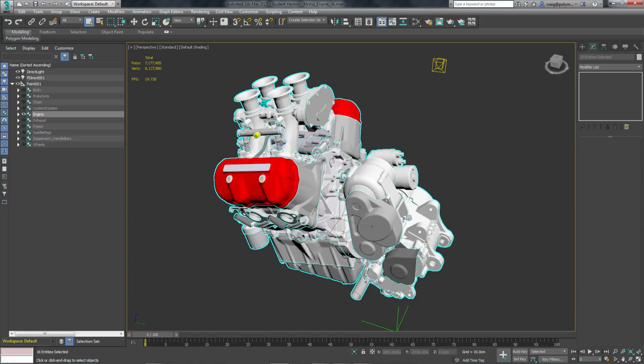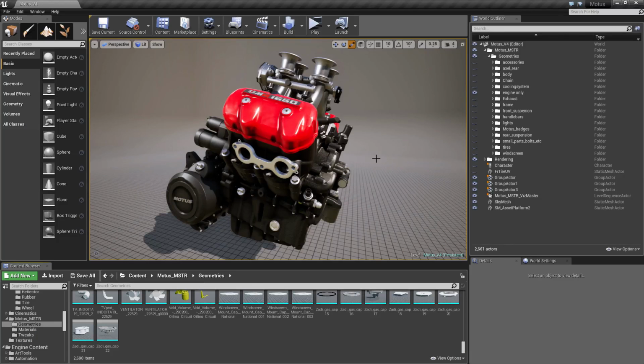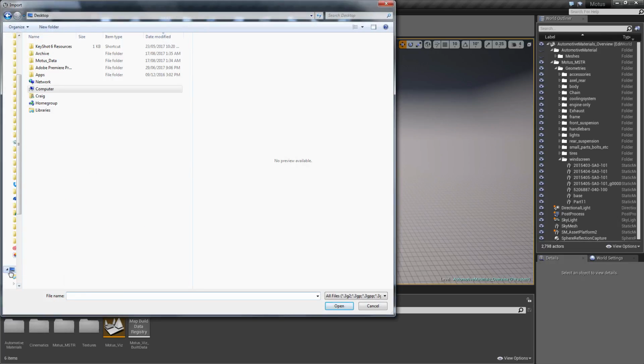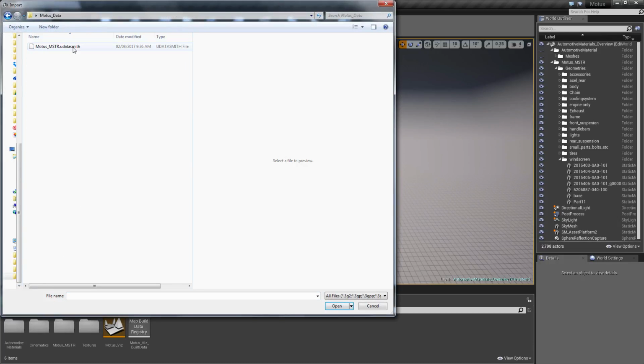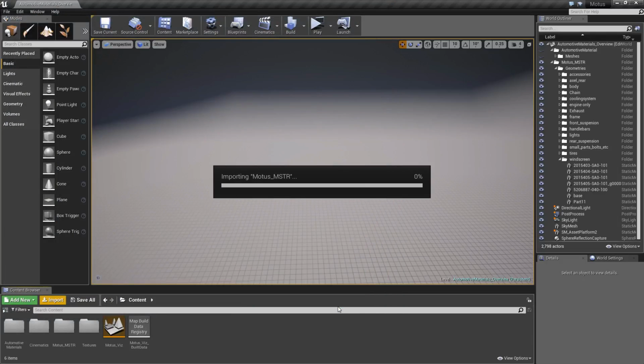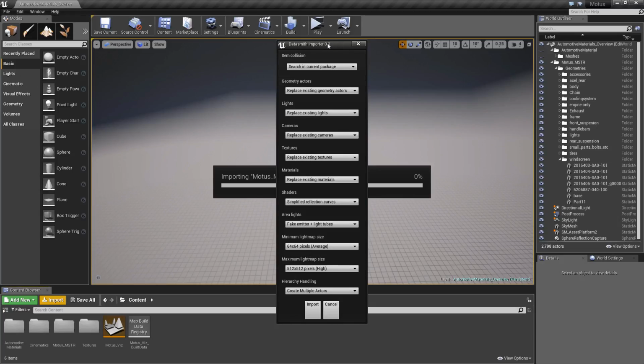I'm not going to on that because I have this here. But I'm going to jump over to Unreal Engine into a blank file where we have nothing, and we can take a look at that import into here. You can see that we get a similar process here. So I'll select our file, and we get an importer menu where we have quite a bit of the same attributes that we saw on the export. And things like materials, either keeping the materials that exist or replacing them. And then we could go ahead and import that in. And of course, I'm not going to do that here because I happen to have this file. Just switch back over